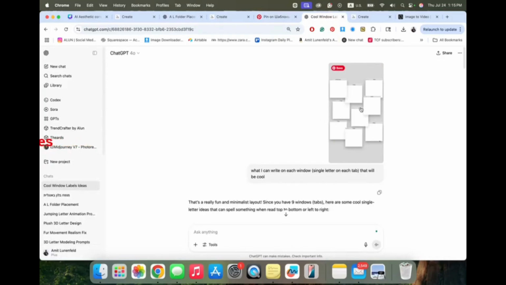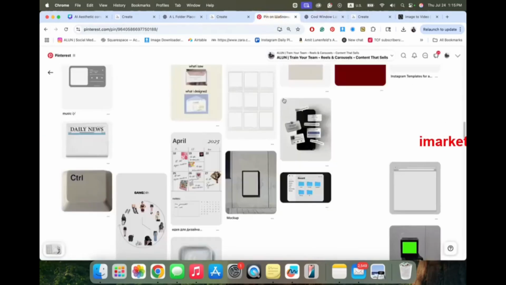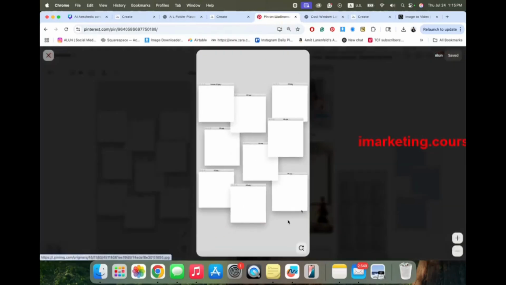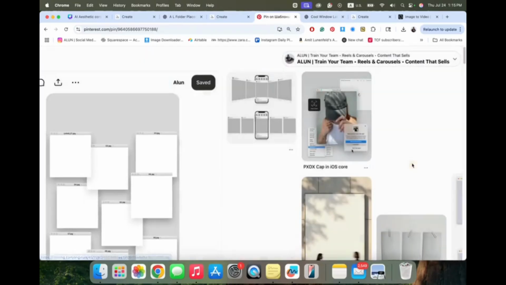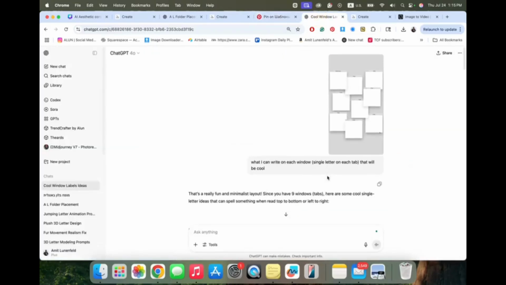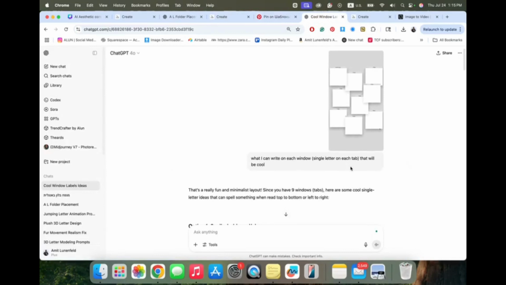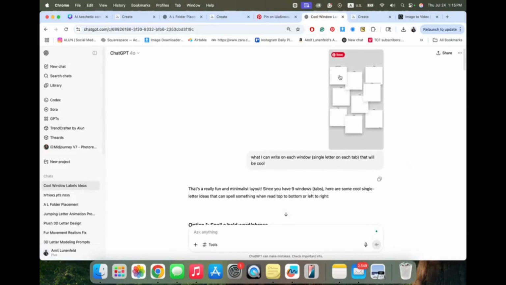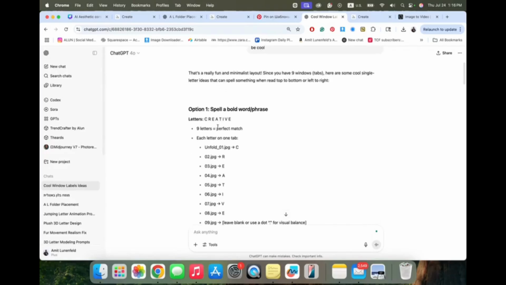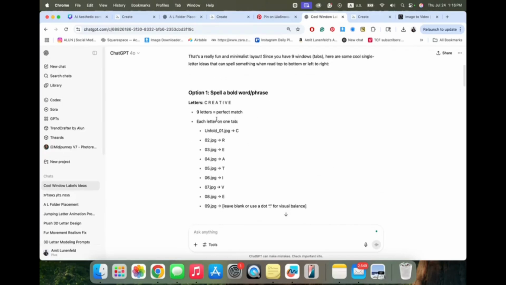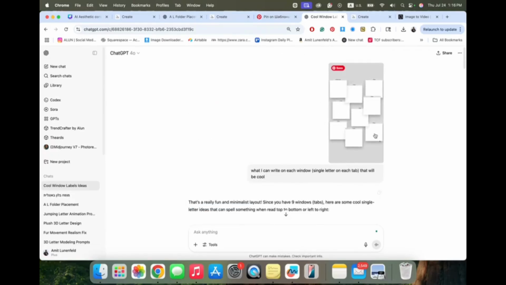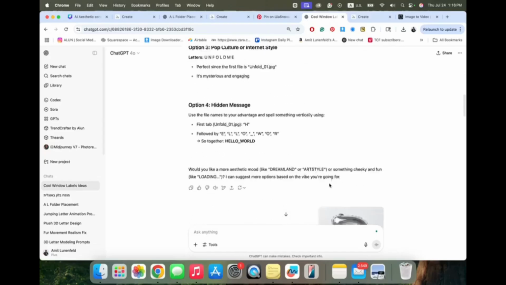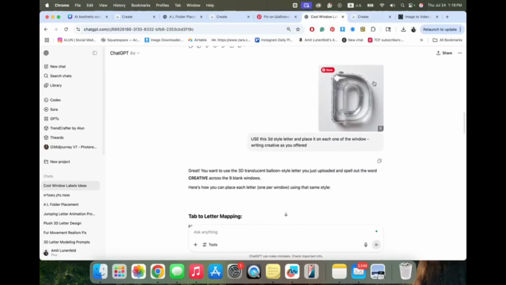So I took the windows I showed you. Let me show you what I'm talking about. These are the windows. It's a pretty minimalistic style, Apple style, MacBook style. I asked ChatGPT to help me come up with an idea. I wanted to write some font, some letters, on top of those windows. So I asked, give me an idea what can be fun to write on these windows. Then I asked to put a letter on each one of these, and this is what I got.